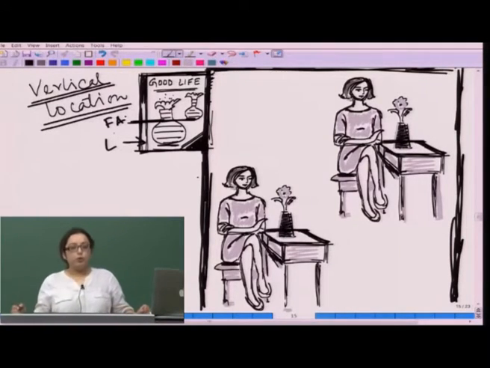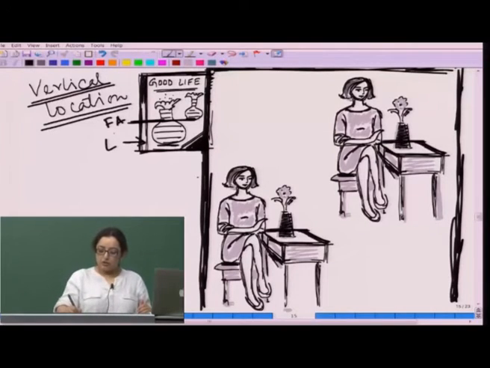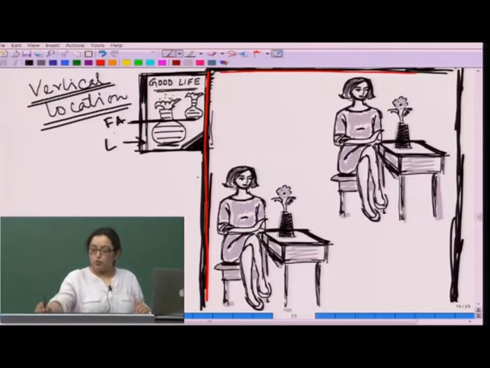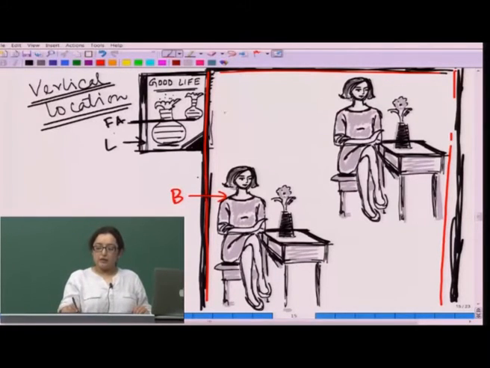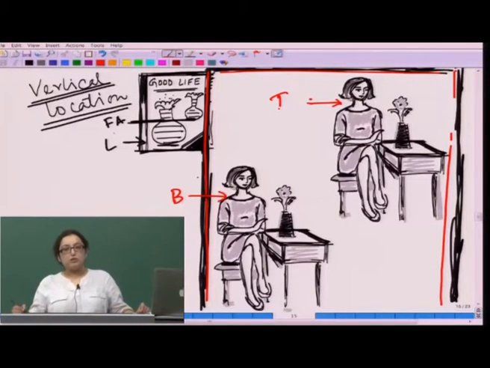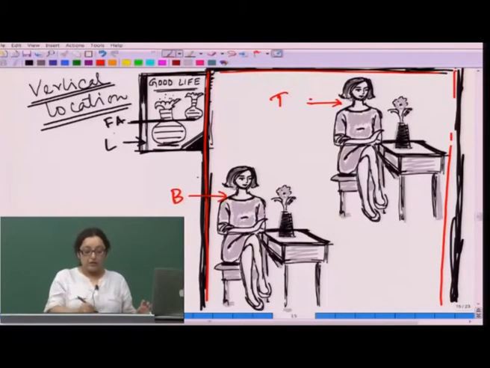Now, if we want to push certain things back, we have a tendency to place them a little higher up. In this particular work, the most interesting thing is that these two characters are the same in size. The only difference is that this character is placed at the bottom of the composition and the other one is placed at the top of the composition. But by placement, somehow it gives us a feel, though there is no change in size